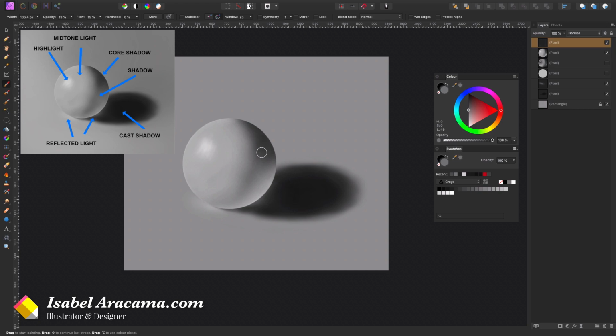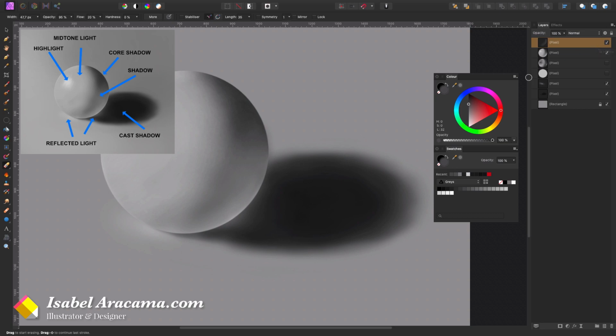I should have checked that before, but you know, time's running. So yeah, not sure if it looks better or worse now. I think I like it better.